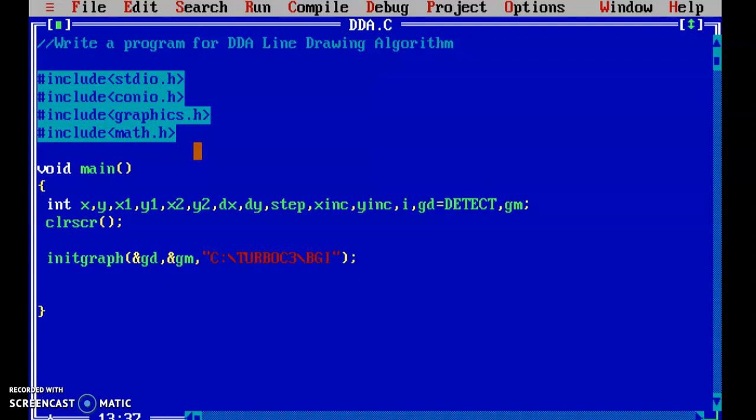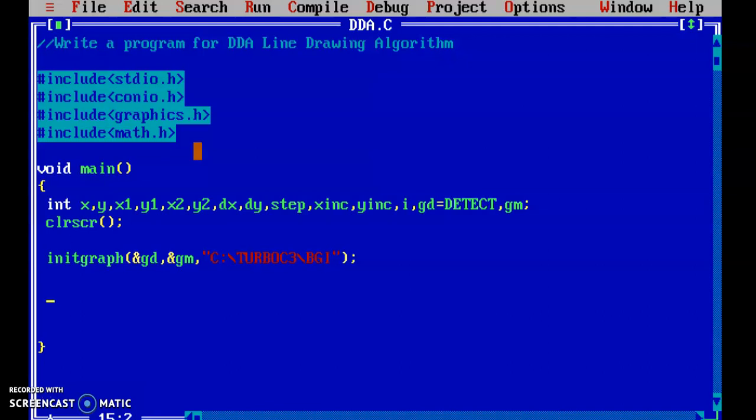Now why are we using the initgraph function? initgraph initializes the graphics system by loading a graphics driver from disk, validating the registered driver and putting the system into graphics mode. This is the important step to use before actually moving to the graphics program.